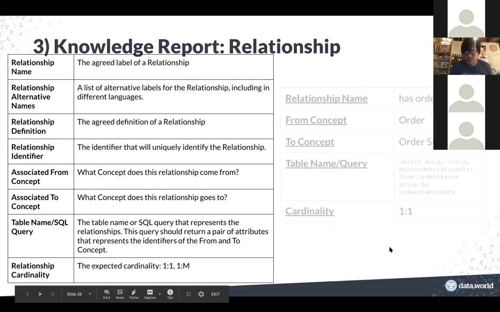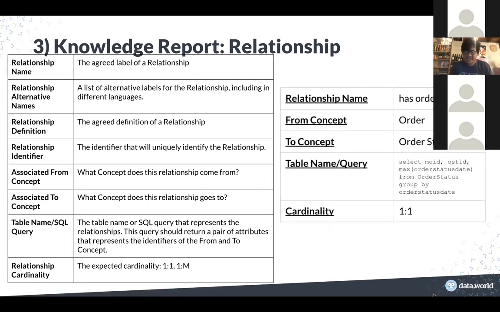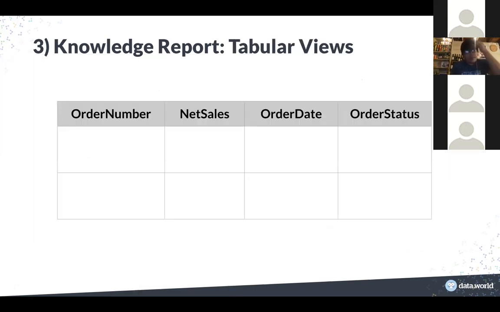What are the relationships? An order has a status. How do I identify the orders and the statuses that they have? What's the cardinality that it should have? And the final point I want to make is, even though we're talking about graphs, I don't want to be pedantic about this. My goal is not to say that people are going to go learn graph databases and graph query languages and that's going to be the next thing.